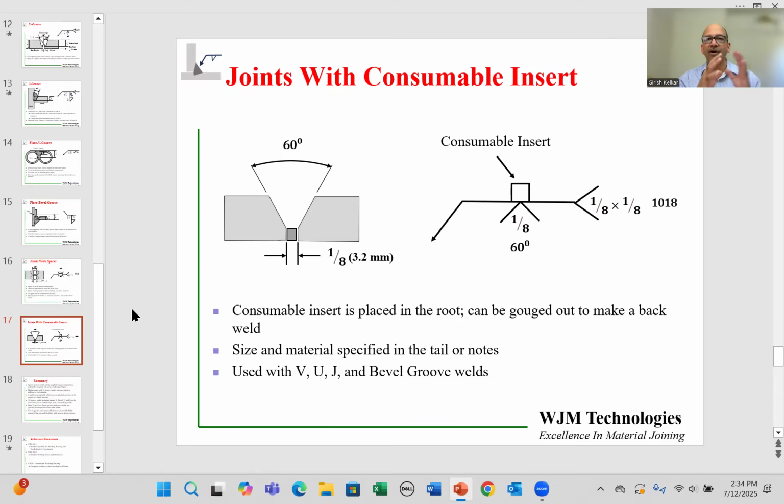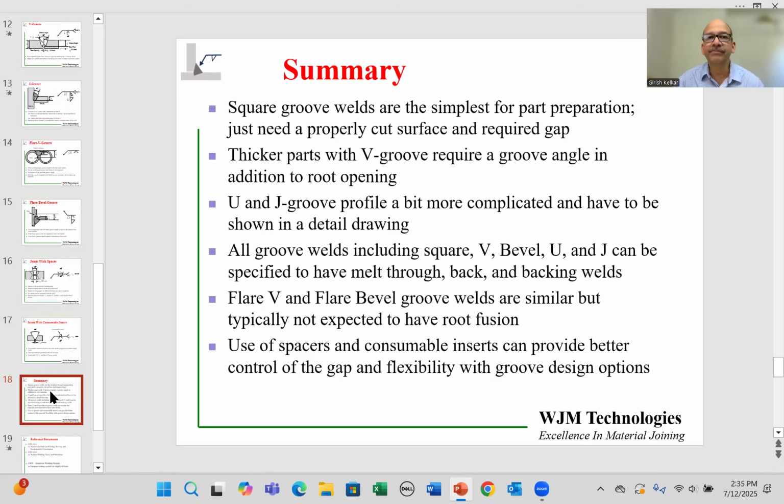Again, keep in mind that in all of these slides, I have mostly shown specific information relevant to the discussion, but the actual welding symbol can sometimes get very complicated, especially if you have two separate designs on either side, maybe even different processes from either side, and then it includes gouging and angles. It can get very, very complicated. So reading that weld symbol requires a lot of patience, to make sure you go through all of that and understand what exactly the design engineer is expecting you to do.